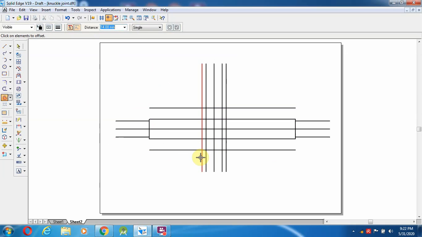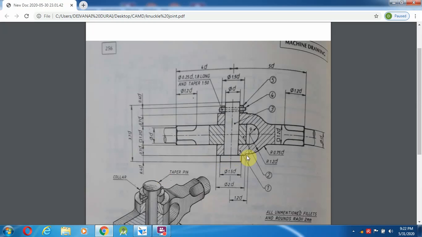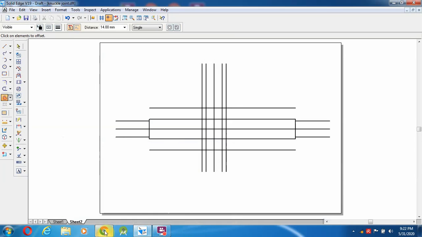So once you have created this, this is the line I am going to create. So from here to 2D, 2D means 2 into 20, 40. So 40 mm means from here to 20 mm distance, then right side is the 20 mm distance. So for that I am going to draw with the offset option. So from the middle to 20 mm distance, left and right click, from the middle to 20 mm distance, left and right click.